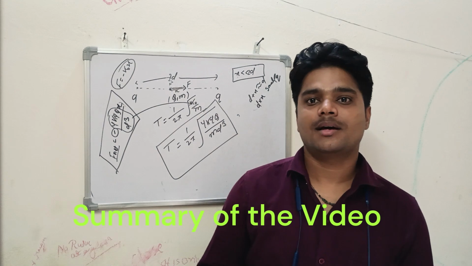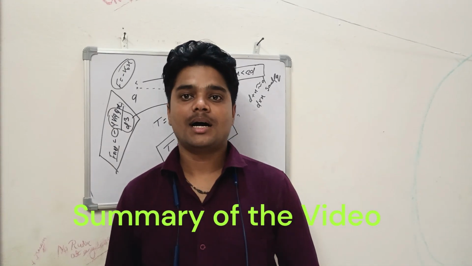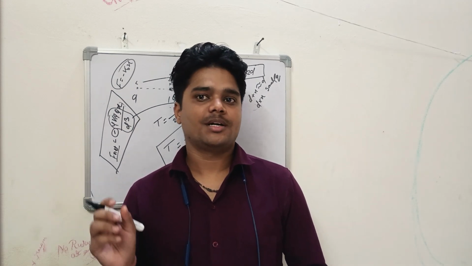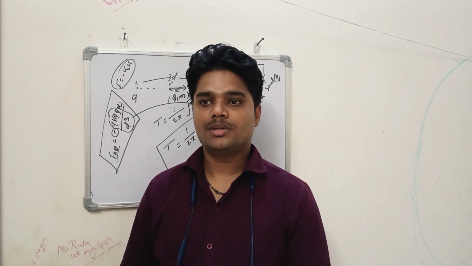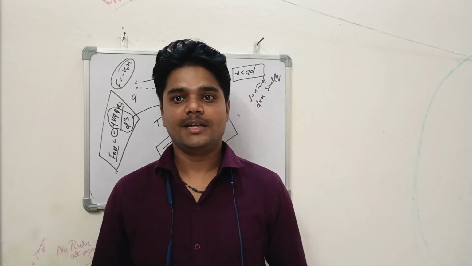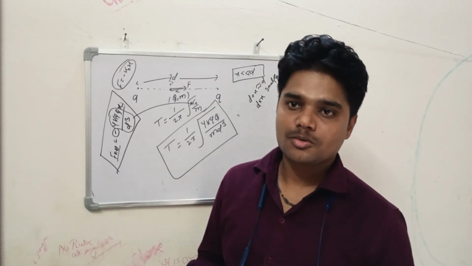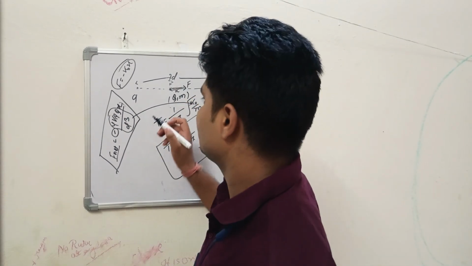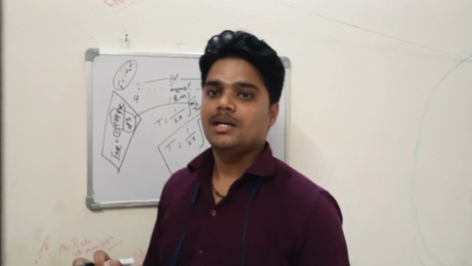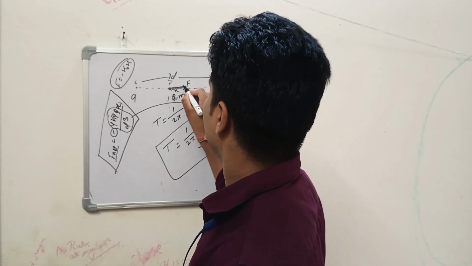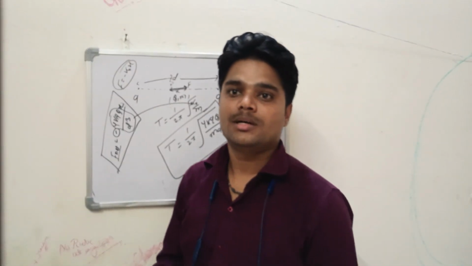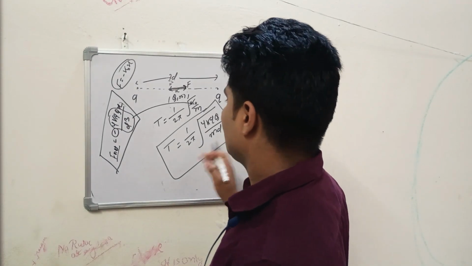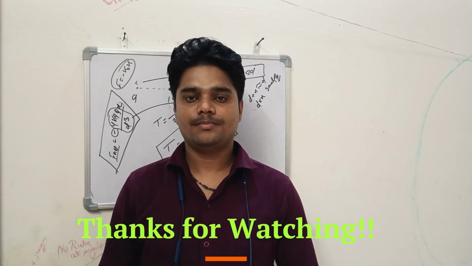Now I am summarizing the video, in which I have mainly covered electrostatics, Coulomb's law, how the electric field works on a test positive charge, and how they feel the electric field. And I have also explained with an example how SHM is involved in the particle's oscillatory motion, and how the electrostatic force helps them to oscillate here. So with this I am concluding my video. Thank you.